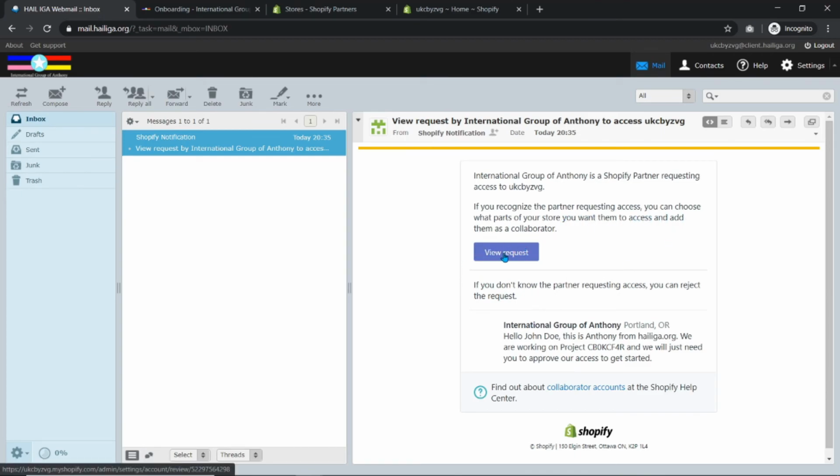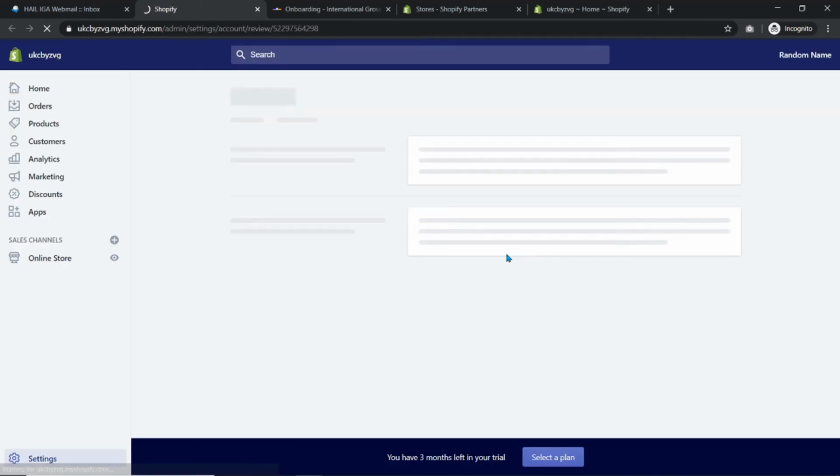This will add us as a collaborator, which means we will not occupy your staff account. As you know, Shopify has limits on staff accounts, so we will not count toward that limit, just letting you know. So click on view request,